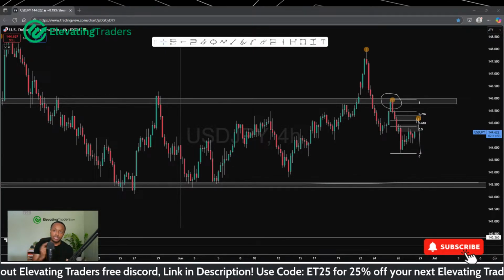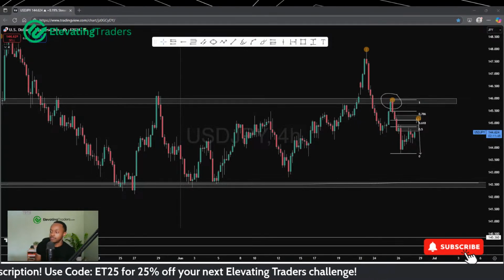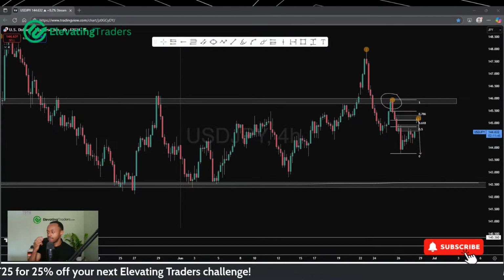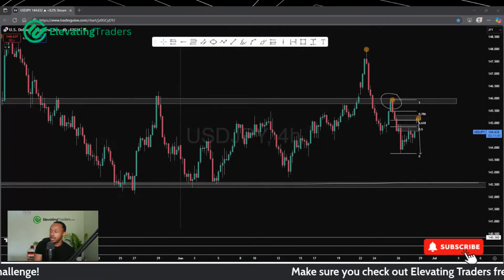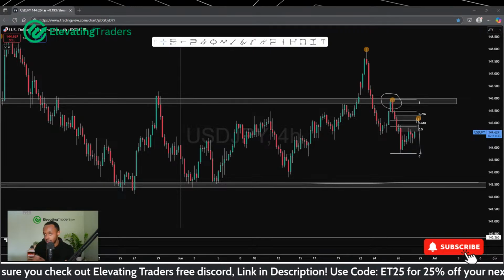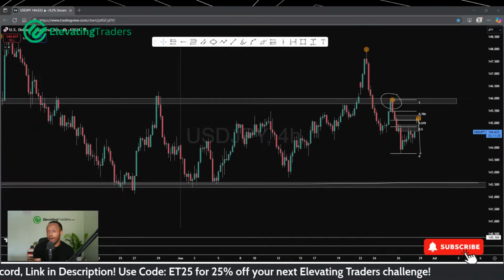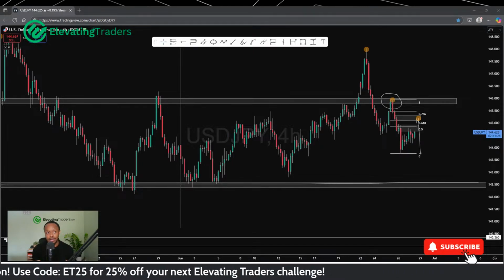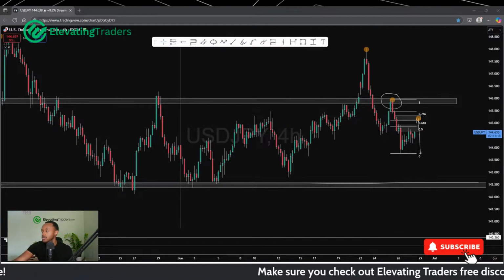Of course, each variation of the challenge has different criteria in terms of the max drawdown and in terms of the profit targets as well. So you want to be aware of that too. But depending on your style, if you're looking for a challenge with a bit more drawdown, then the 2-step is probably something you're going to look at if you want a bit more room with your drawdown. If you don't mind less drawdown but you want lower targets, then maybe the 1-step is something to consider. No problem, happy to help.